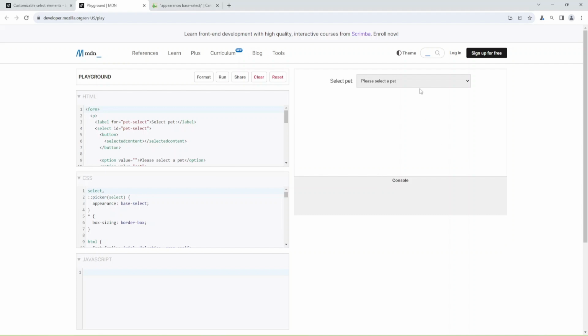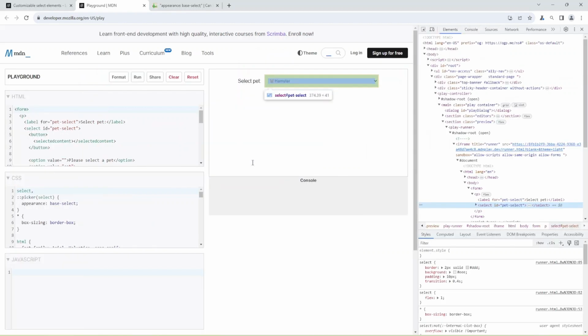Now I'm going to open this example in an old browser and check. As you can see, we have the same example, but now it looks different. I can still work with this select, but I have different styles. I don't have the checkbox now, and my styles weren't applied. I have the same content for the selected option as inside the option.